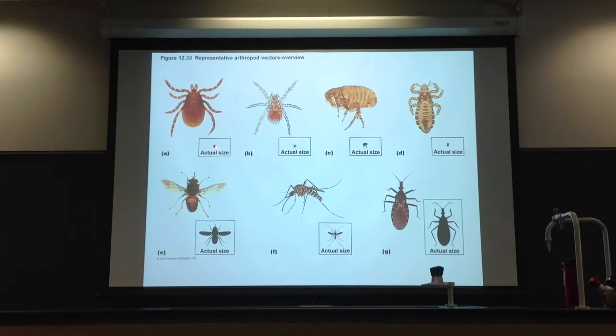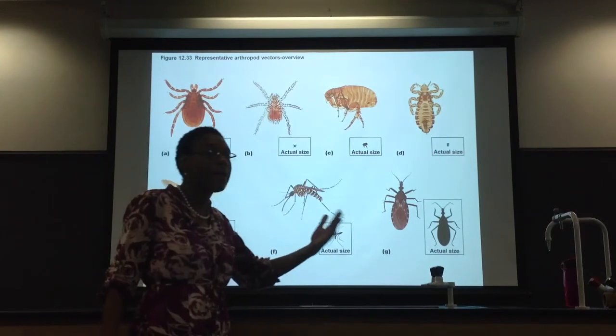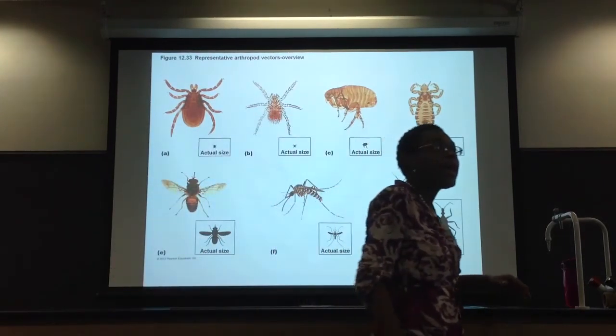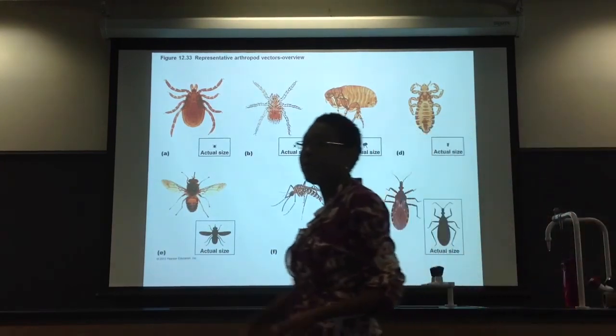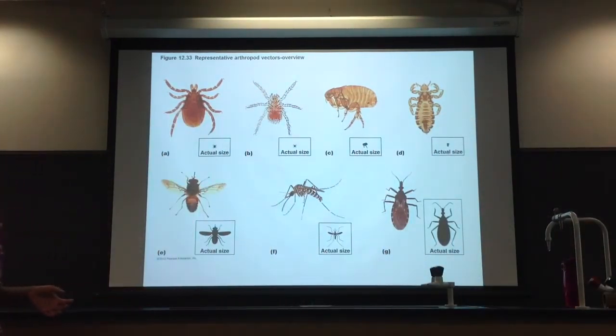So here's that tick. If you're not careful, for example, when you're walking in the woods, particularly in the Northeast, you might miss that guy. So when you come out from walking, you have to check. I remember as a young person, I went outside one day and I came home and there was a tick on my jeans. Luckily I had on jeans, so it was just on the jean itself. If I had on shorts, luckily it was over the fall, it would have been on my leg. And they're hard to miss, they're really small.